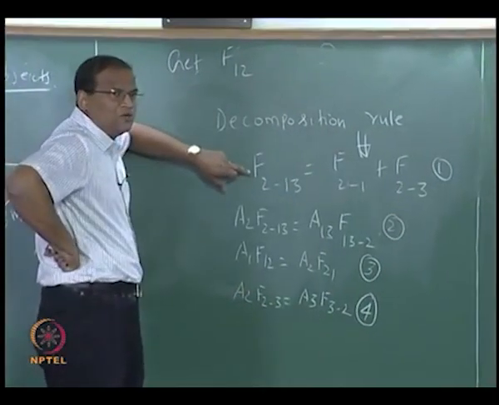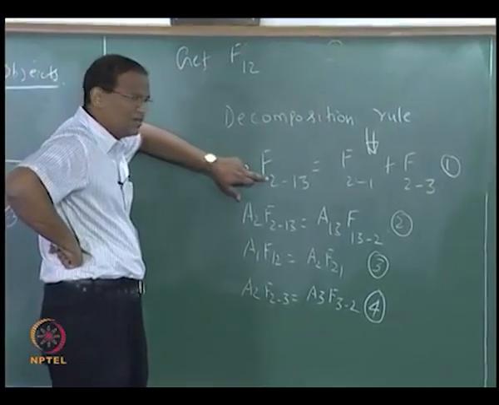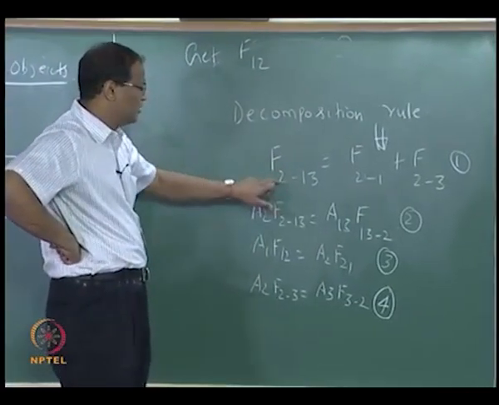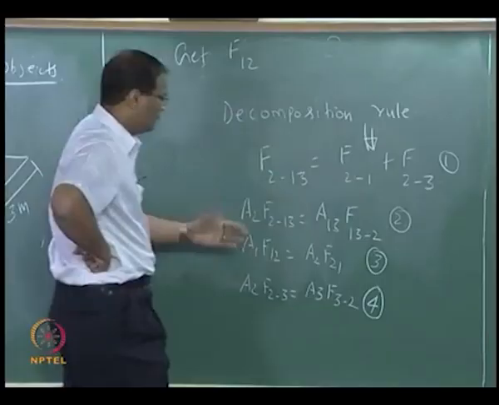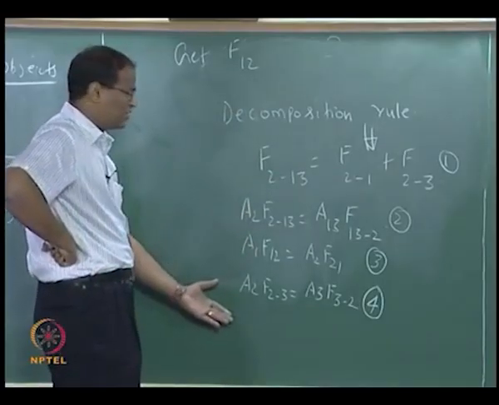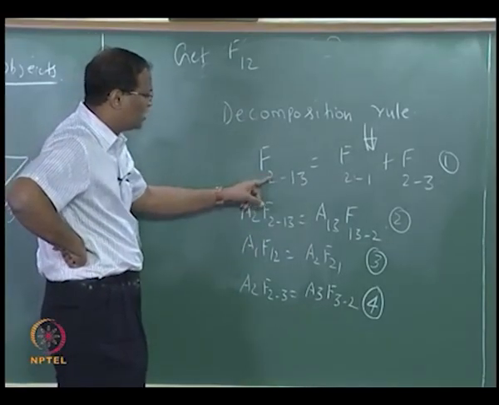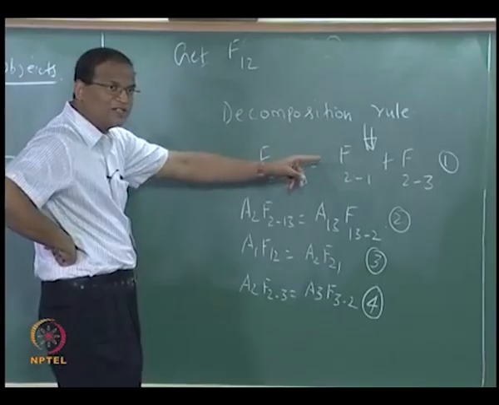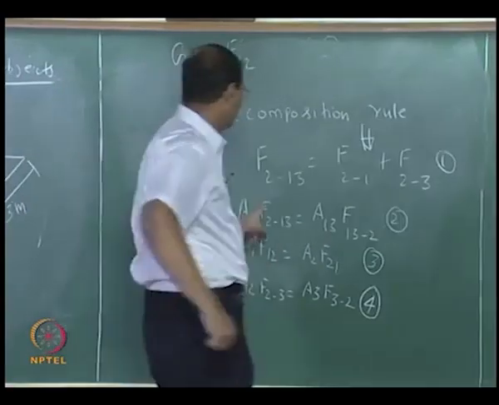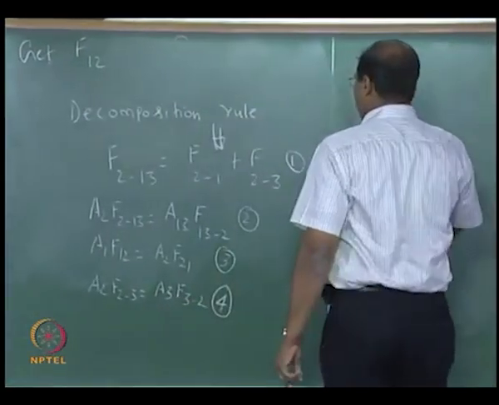So the decomposition rule says that the view factor from one surface to a composite surface is equal to F2 to 1 plus F2 to 3. I just wrote 3 reciprocal relations. So I will substitute for F2 to 13, F2 to 1 and F2 to 3 from these equations, and let us see what happens. So F2 to 13 is basically